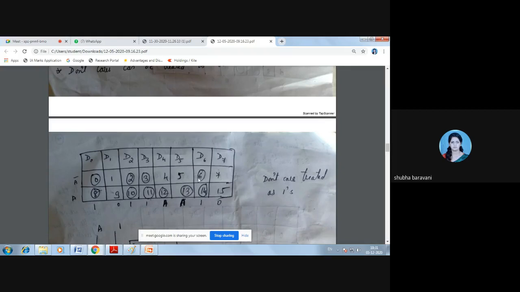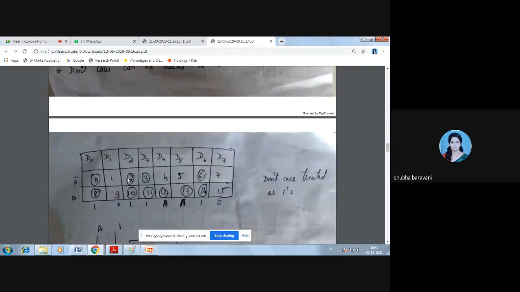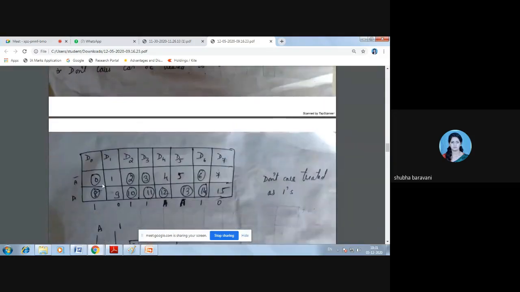Okay, first you circle these: 0, 2, 6, 10, 11, 12, 13 को circle करो पहले. Okay, then according to our requirement we use the don't care. Don't care में क्या दिया उसने? 3, 8, 14. Okay, now see, 11 circle किया था.